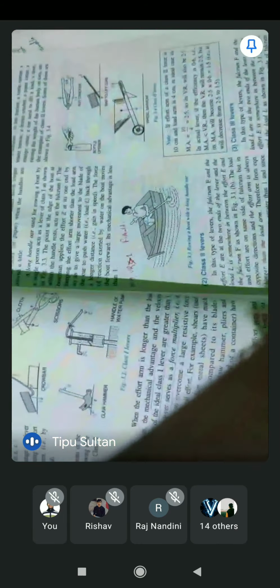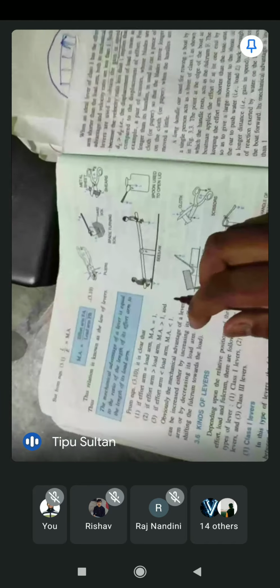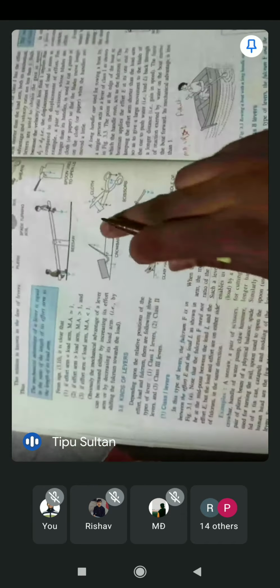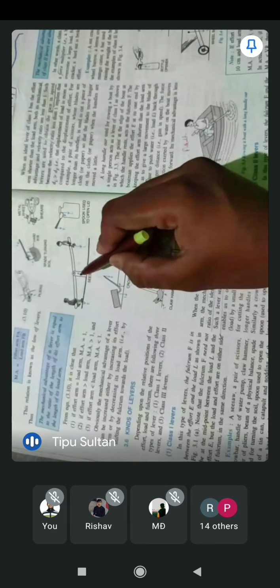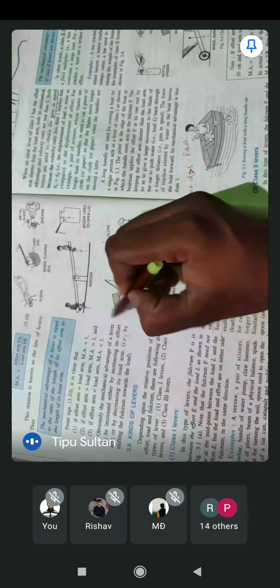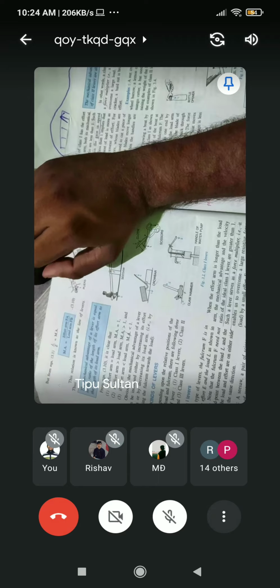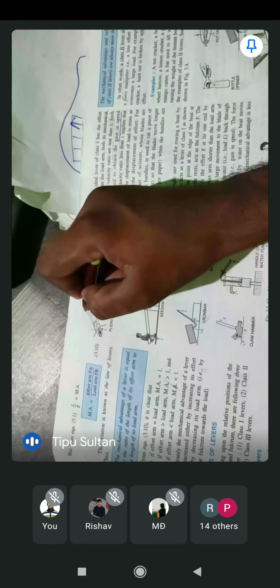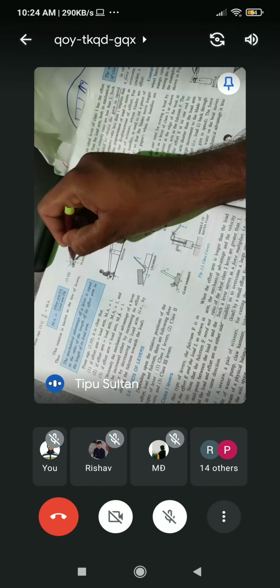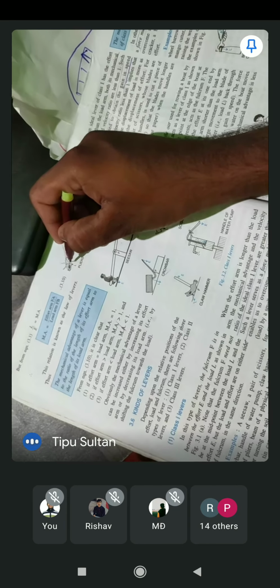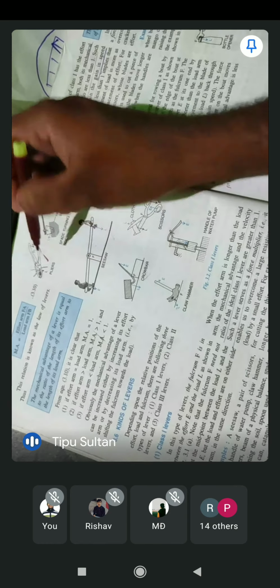Here lots of examples are given. If I explain one, then you can understand. This will be the class 1 type of example. Seesaw: here the axis of rotation is present, that is why it is the fulcrum. This will be the load and this will be the effort. If you take the pliers, with the help of the hand you apply an effort, and this will be the axis of rotation where the hands rotate. So this will be the fulcrum, and the wire will be the load. Fulcrum is in the middle, so this is a class 1 lever.